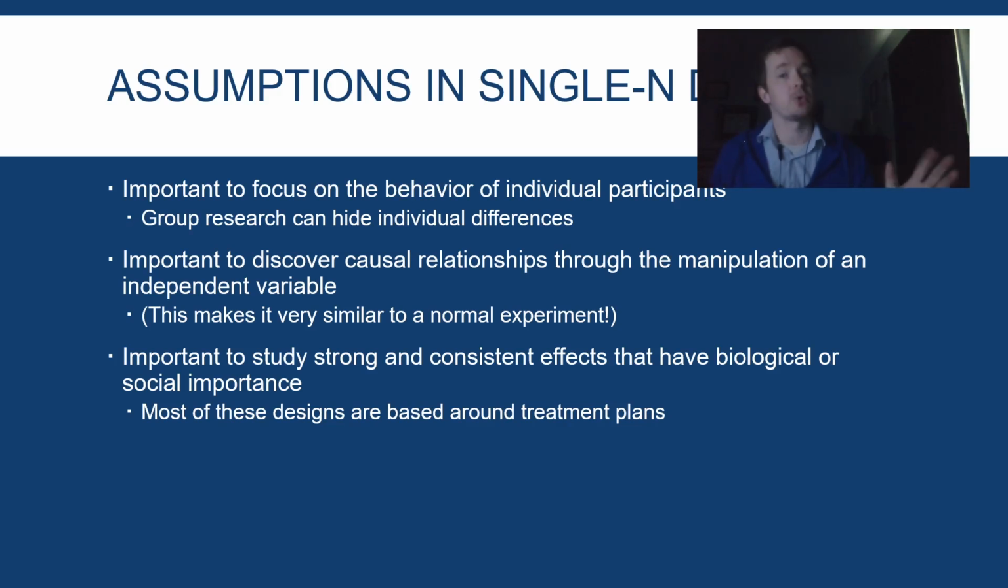We know that it's important to manipulate the independent variable because doing that is going to tell us about cause and effect. More on that at the very end of this video. And then finally, it's important to study these kinds of effects that have biological or social importance, because if you're doing something like a behavioral intervention or a treatment plan for somebody, it's good to look at how this individual